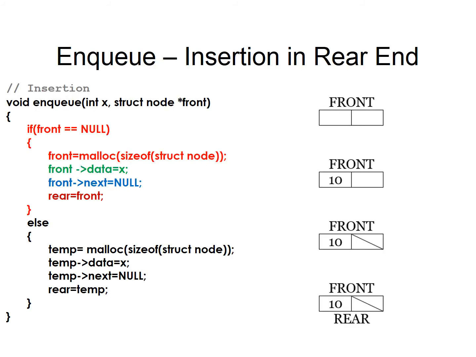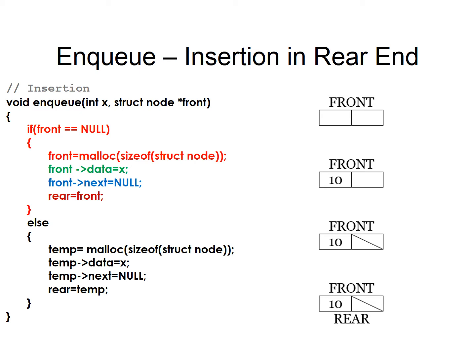So first we will see NQ operation. This NQ operation is similar to the linked list implementation of queue. You can see, first thing we will check whether my queue is empty, because we are here to create the node. So see the coding. Initially we will check whether the double-ended queue is empty or not with the pointer front. If my double-ended queue is empty, both front and rear will be null. So if my front is equal to null, I will create a new node. How will you create a new node? Front is equal to malloc of size of struct node. So malloc, memory allocation with the size of structure node, is created.